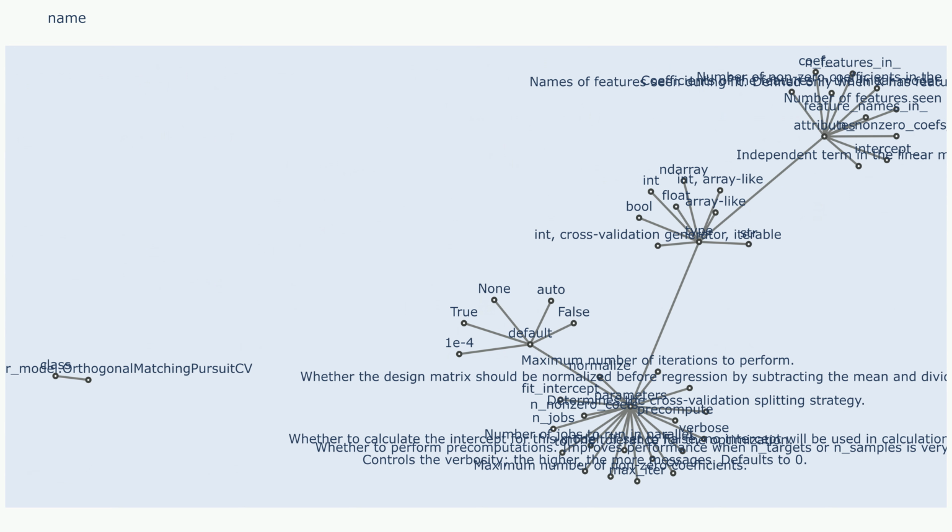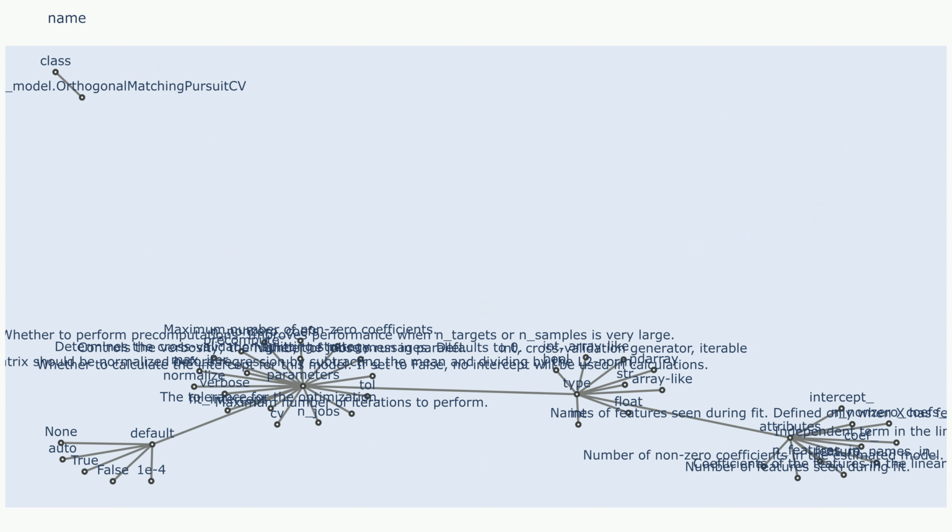Practical considerations. Hyperparameter tuning: experimenting with different n_nonzero_coefs values or using the cv parameter to explore various cross-validation strategies can significantly improve model performance.